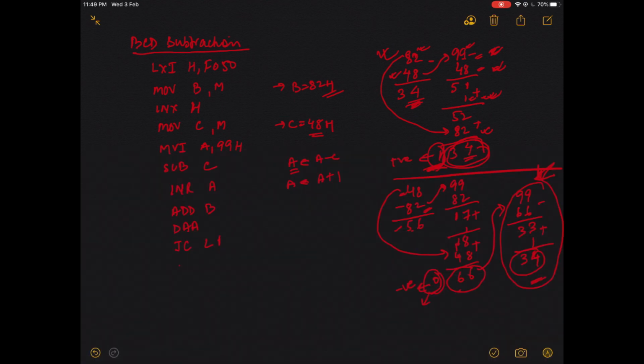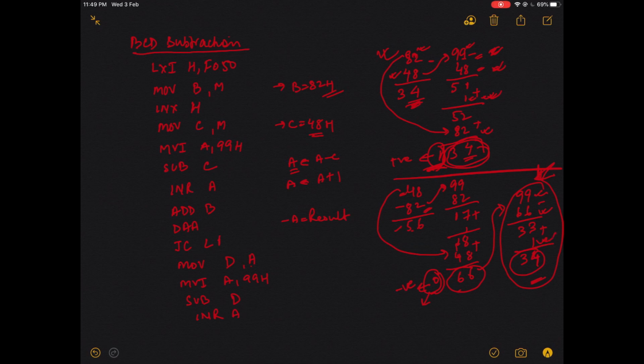So I'll move a copy of my result, which is in the accumulator, into another register, D, and then do my hundreds complement again. I'll move immediate A with 99H, so that I can do the hundreds complement again. I'll subtract D, so it becomes 99 minus D, and I'll increment my accumulator again.